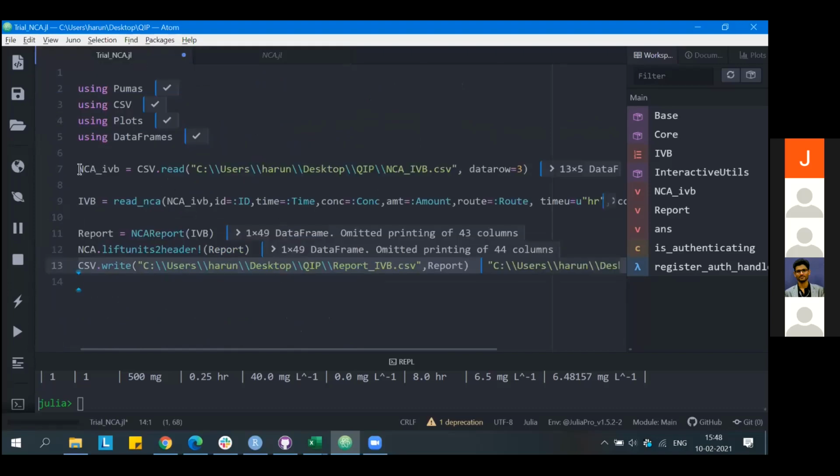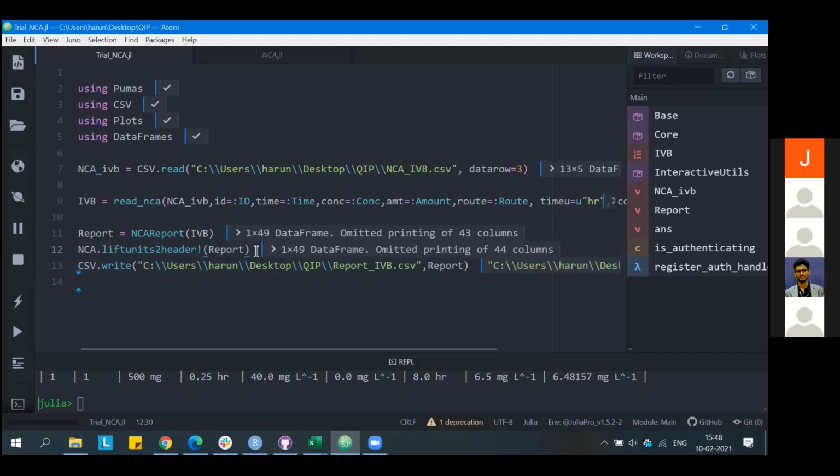So if you are able to perform this analysis for only these single dose IV bolus, then it should be fine. And the other steps like multiple dose and those things are the same, but with smaller changes, which can be learned eventually. So are there any questions for this?